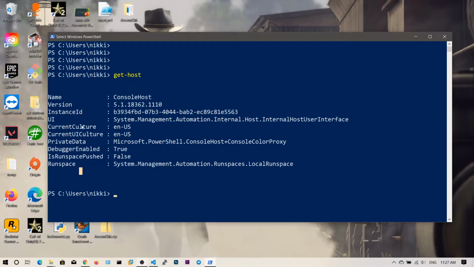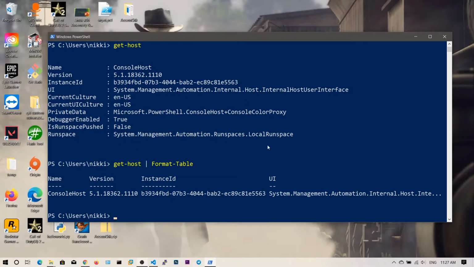So if you want to convert this into the table format, all you need to do is pipe this into Format-Table. If you say Format-Table, then you can see the tabular format. Of course, you cannot see the later list, you cannot see the later columns, but you can see the main ones.